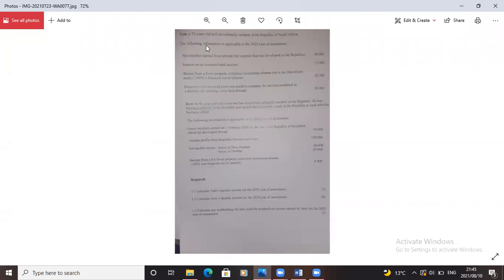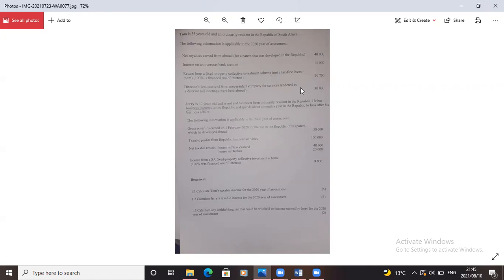So Tom is 35 and we are told he is a resident in the Republic of South Africa. Remember, to calculate taxable income we use the framework: gross income minus exempt income minus deductions gives taxable income. We are told the following information applies to the 2020 year of assessment. Net royalties from abroad 40,000, interest on an overseas bank account 15,000, retained from a fixed property collective investment 20,700, directors fees received